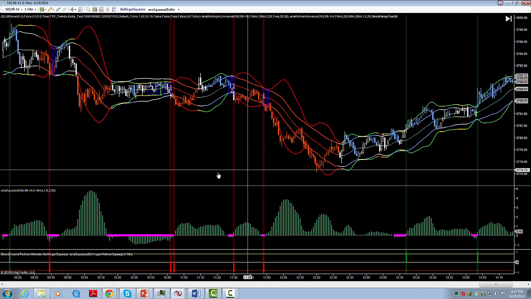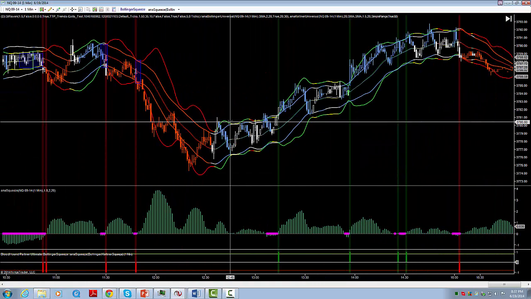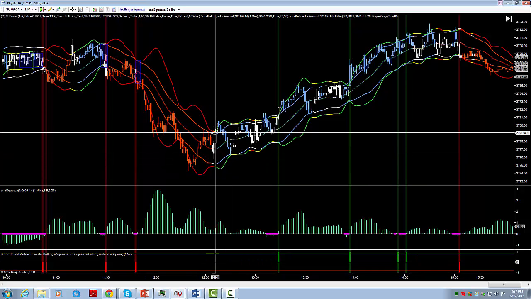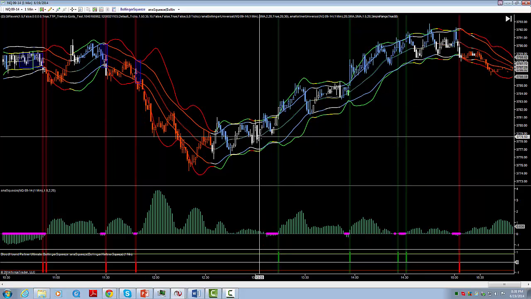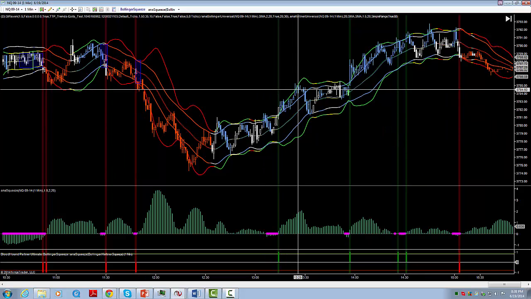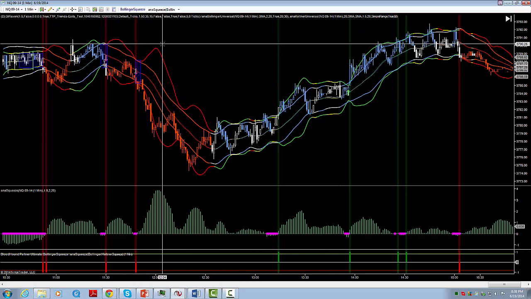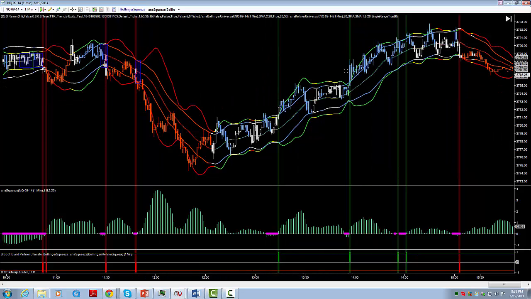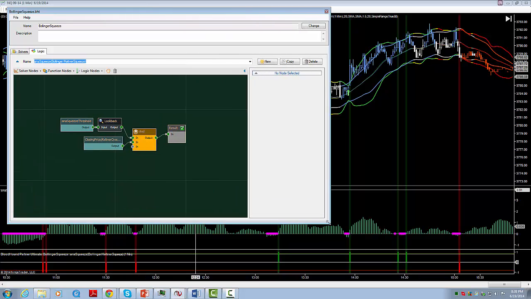Most breakouts usually fail, but depending on the market structure here, you see we have a series of higher highs and lows, and then it breaks out. And then here we have this little contracting period, and then it breaks out. This is the one that's really less reliable right here, in my opinion. So in my testing. So what we want to do now is we want to show